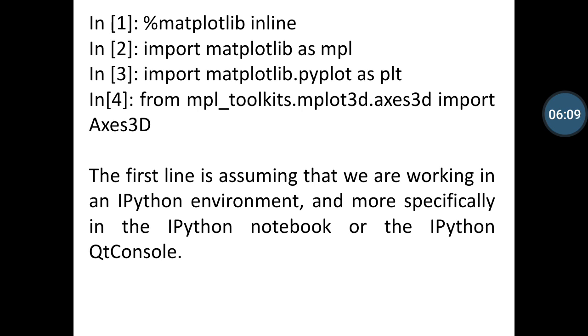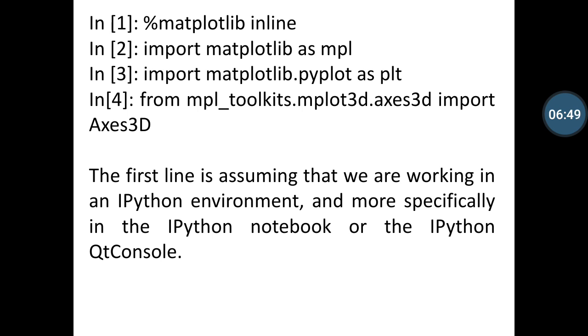Then after, import matplotlib as mpl, or any name you can suggest, such as plt or mpl, etc. Import matplotlib.pyplot as plt. Then after, you can write the following code: from mpl_toolkits.mplot3d.axes3d import Axes3D. These above codes are used to call the Matplotlib library in your programming environment.